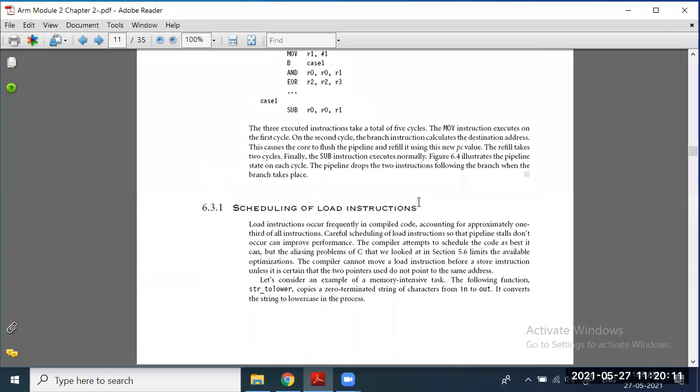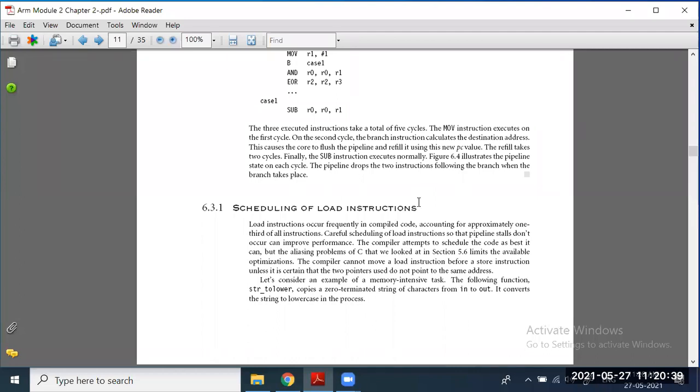Okay, now see, this is the problem. In order to stop these kinds of situations, we are going to schedule the load instruction. The problem is happening because of this load instruction. Because some addition operation, some arithmetic operation, has to happen, and after that the loading is going to happen.